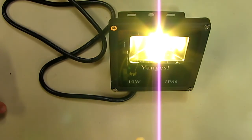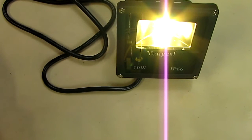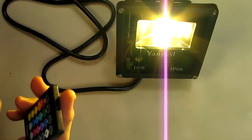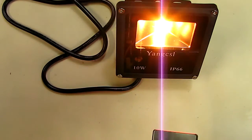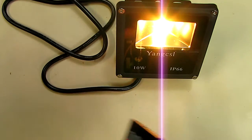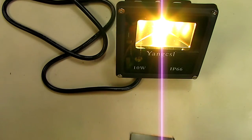Let's just try this. So I hit the white button, and you could see a very bright, soft white light comes on. In fact, I'm kind of blinded from it. And then there's the red, orange, yellow, and there's different versions of yellow on there. Then you have an off button,